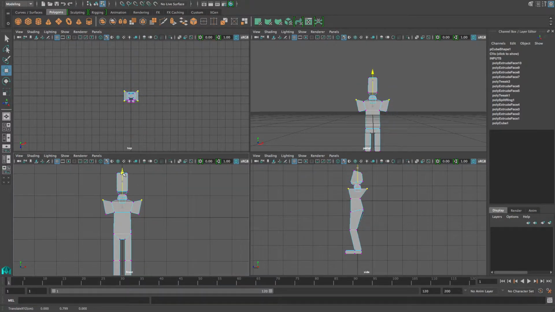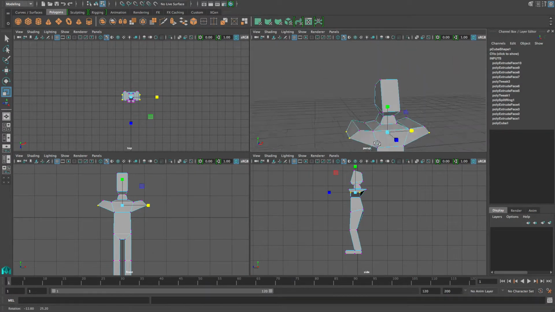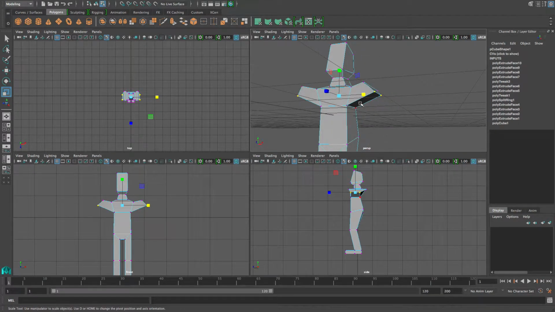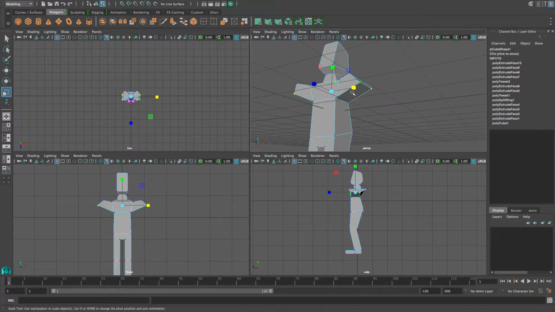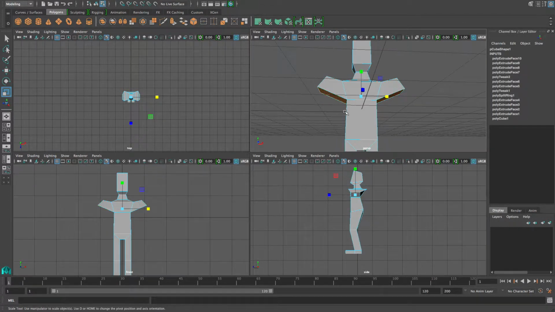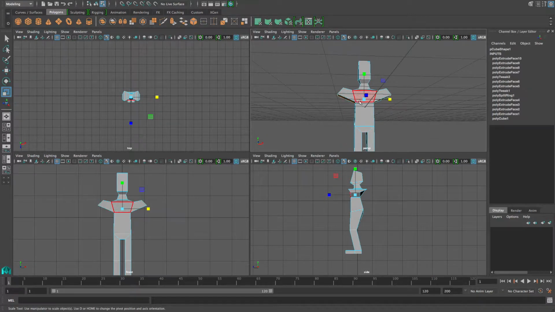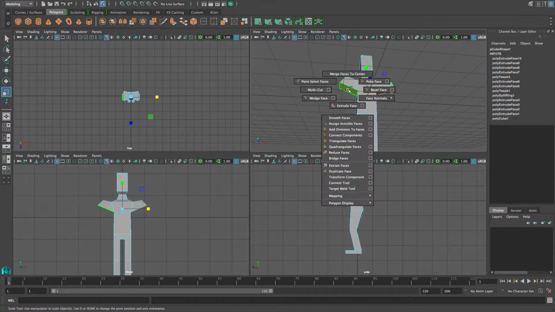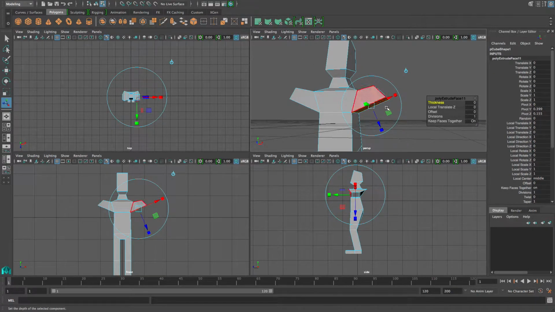I'm just taking both of these. Here's our, now in this particular case, what I'm actually going to do is extrude the arms below this area and pull the arms out here, because we're actually creating the deltoid muscles in this particular way. And just going to pull our arms out. It's going to look a little bit funny at first,